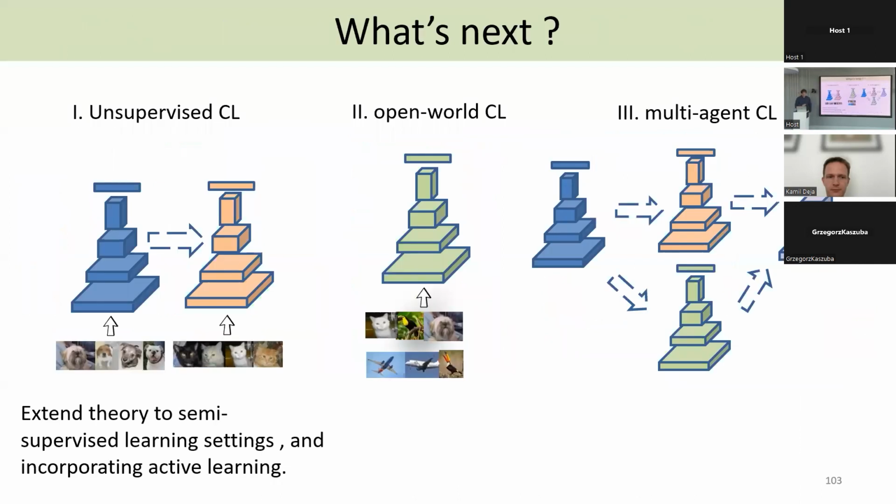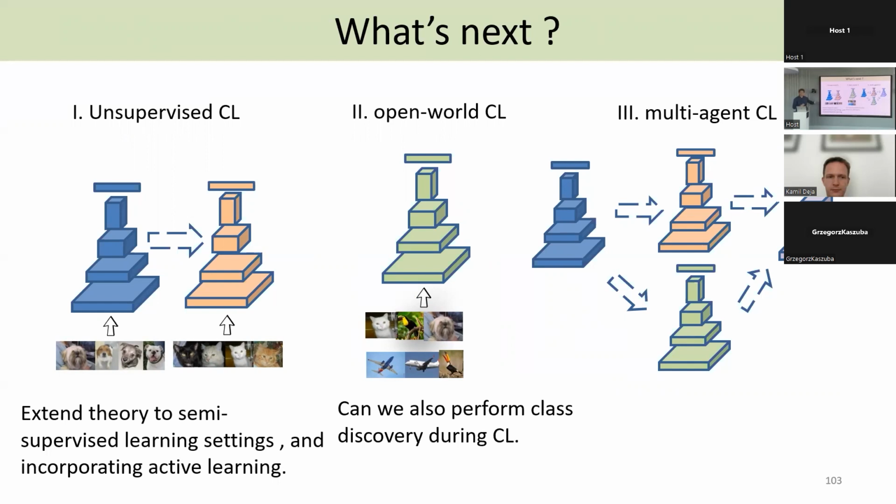So that brings me to the end of my talk. I talked about more label-efficient continual learning. We are now looking into more semi-supervised settings where only some data on the stream is labeled, and we are thinking about extending the theory also to active learning, so maybe you actively ask labelers for some labels in the stream.